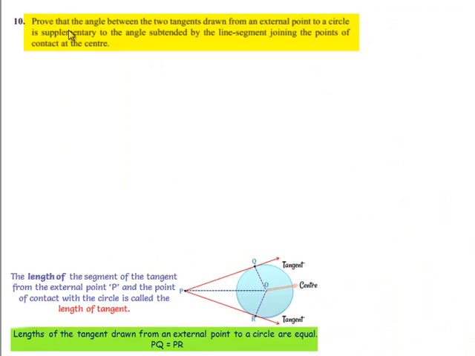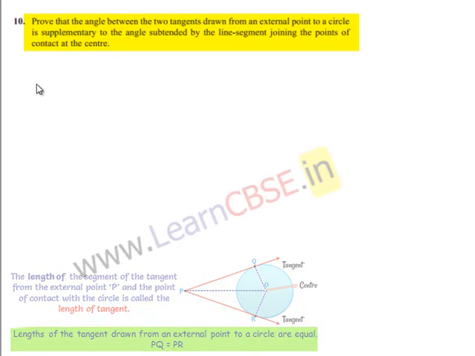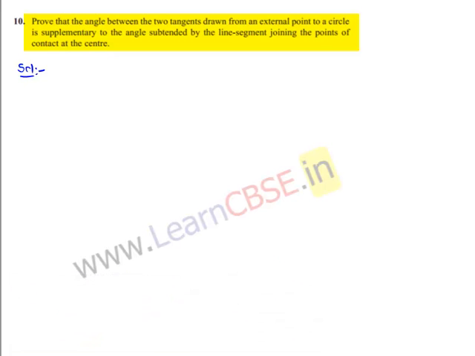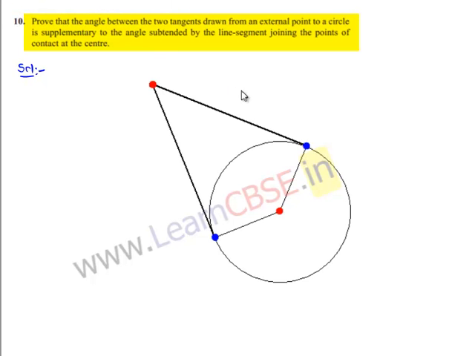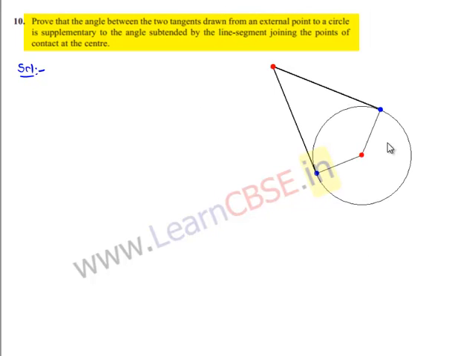Moving on to the 10th question: prove that the angle between the two tangents drawn from an external point to a circle is supplementary to the angle subtended by the line segment joining the points of contact at the center. Now moving on to the solution. Let us consider a circle with the tangents drawn and having the center O. Let us draw a circle with center O, and tangents AB and AC are drawn from point A to the circle. Now he asks us to prove that